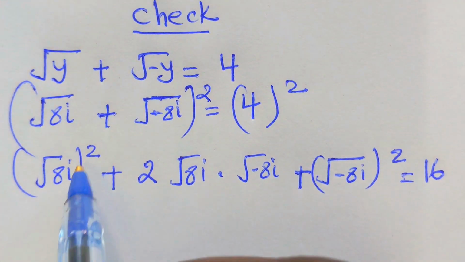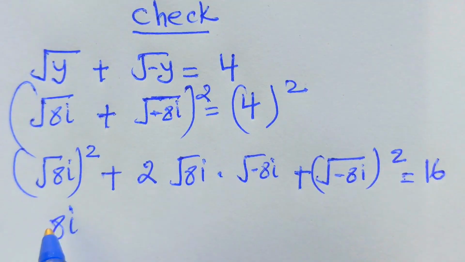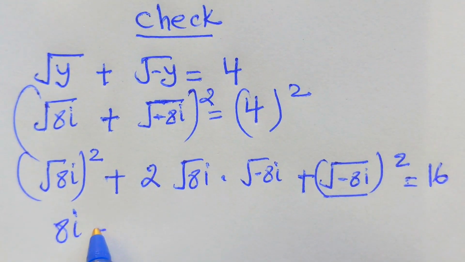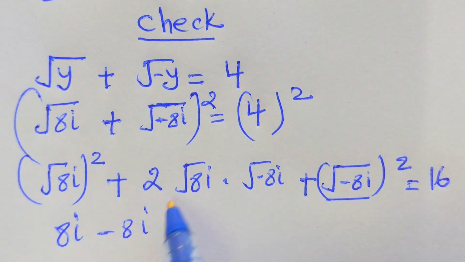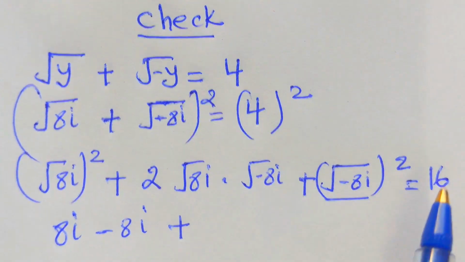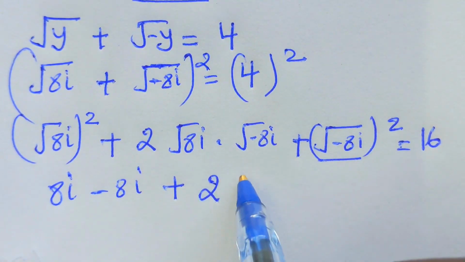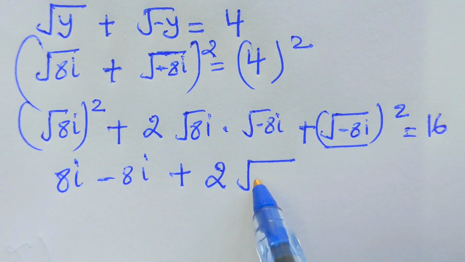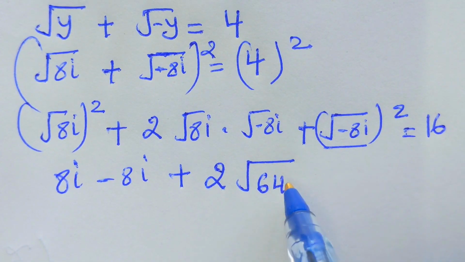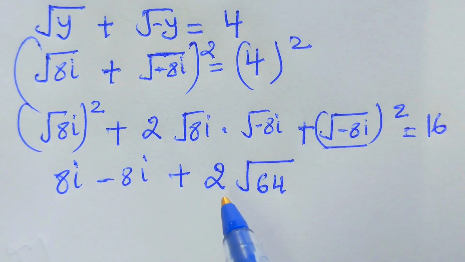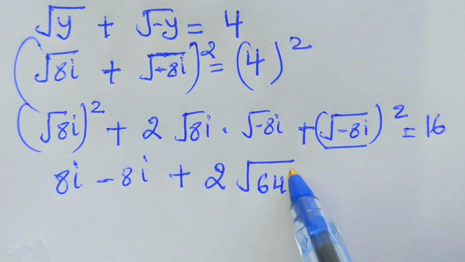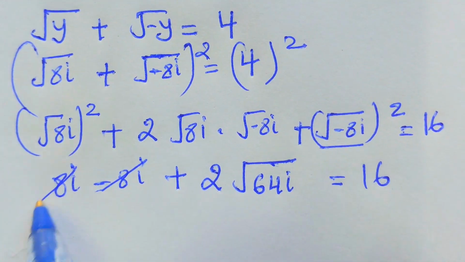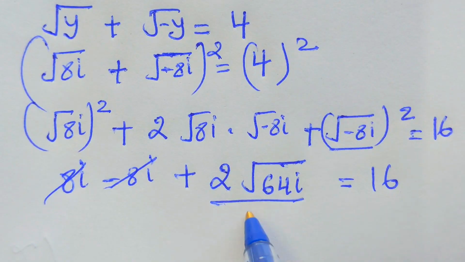Now of course this will be 8i, then of course we have here minus 8i on both sides, then plus 2 square root of here we have 64, then we have 64i, which equals 16,